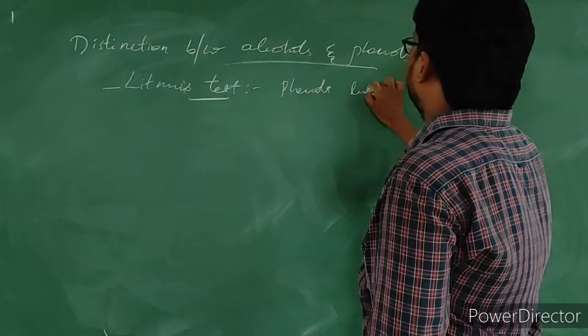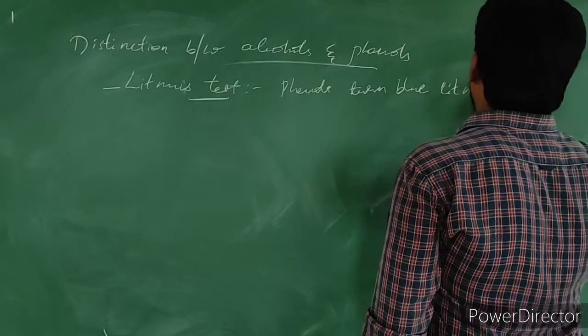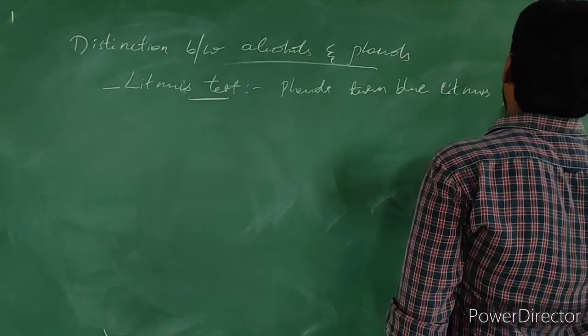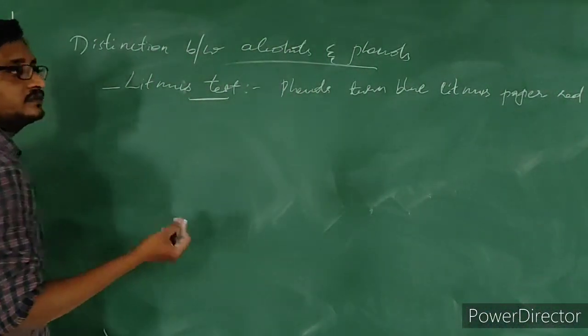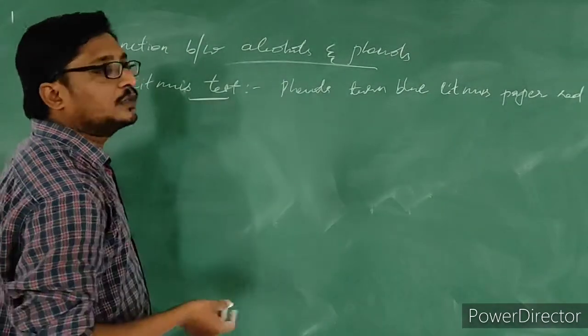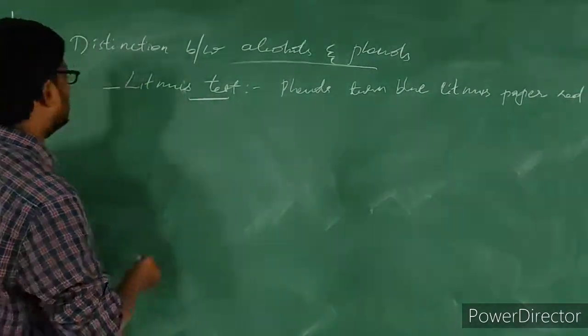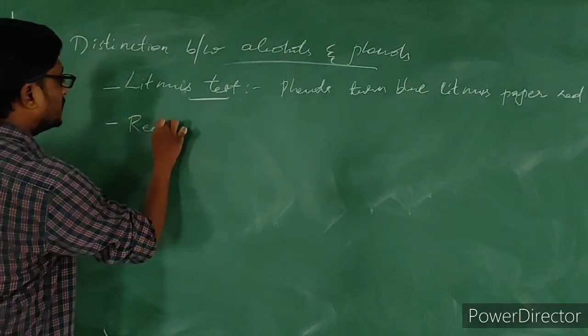Phenols turn blue litmus paper red, whereas alcohols do not react with the litmus paper. They will not turn blue litmus paper red. This is one test. The second test is the reaction with